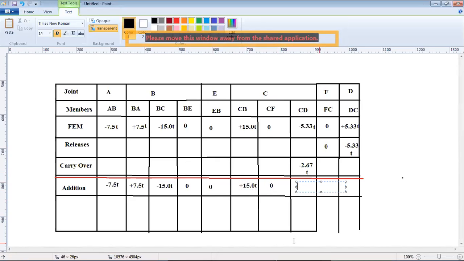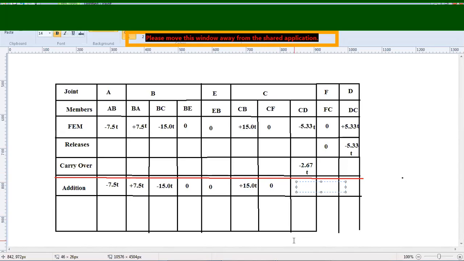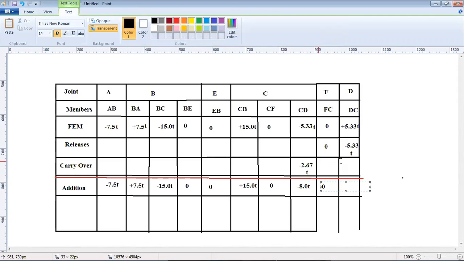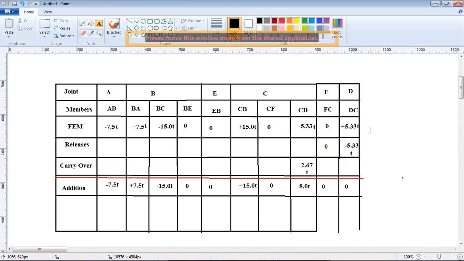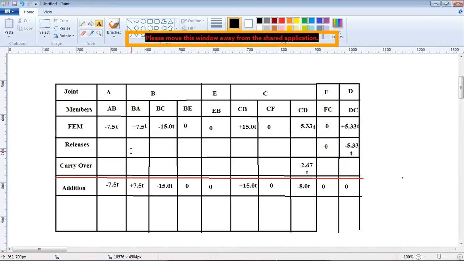How much is this? 5.33 minus 5.33 minus 2.67. That's 8 into T, minus 8T. This is 0 and this is 0. So once we have added all of these, now at each support, for example, at A support, the overall moment